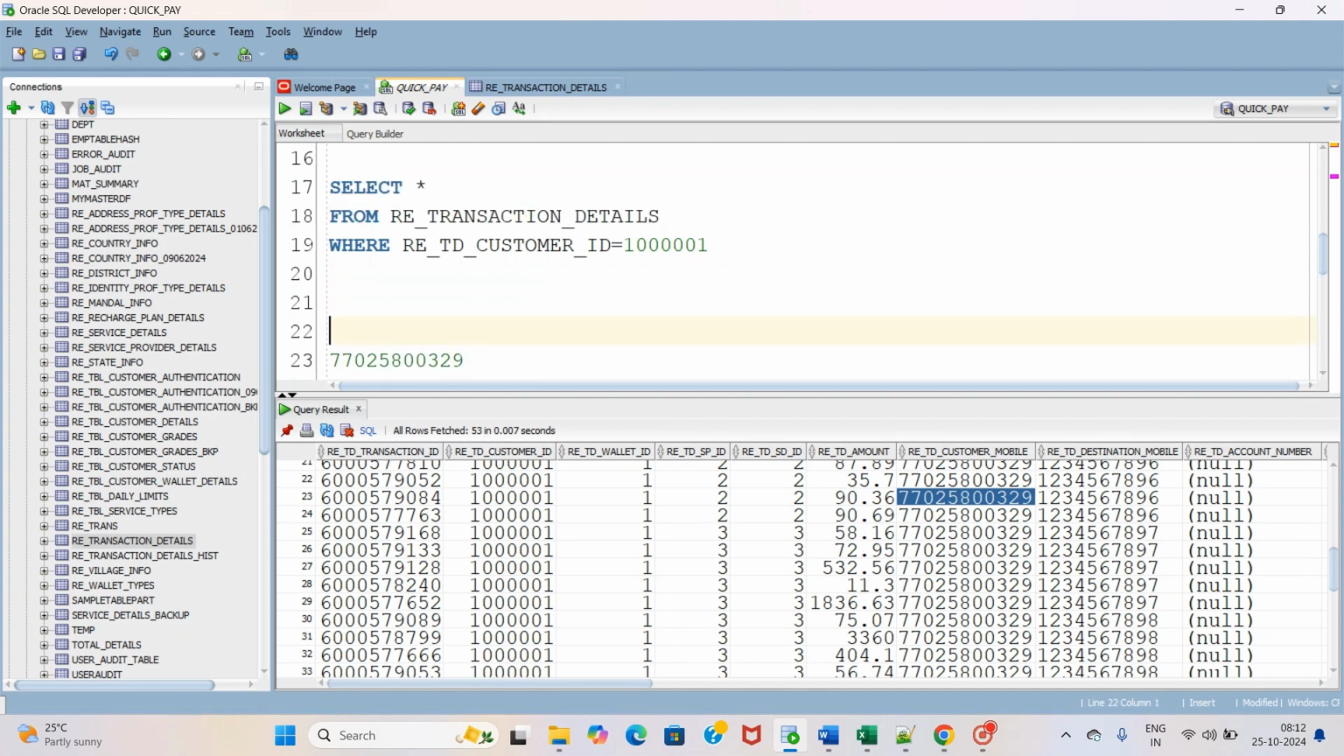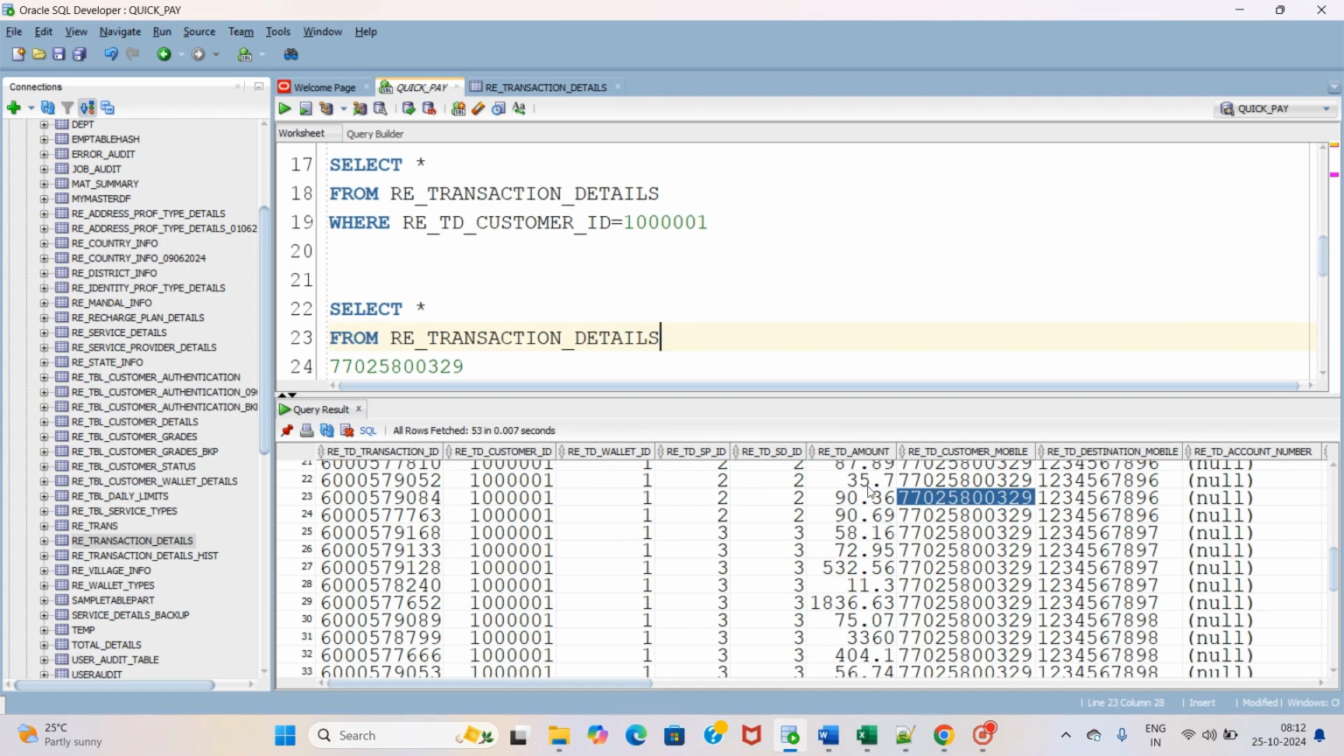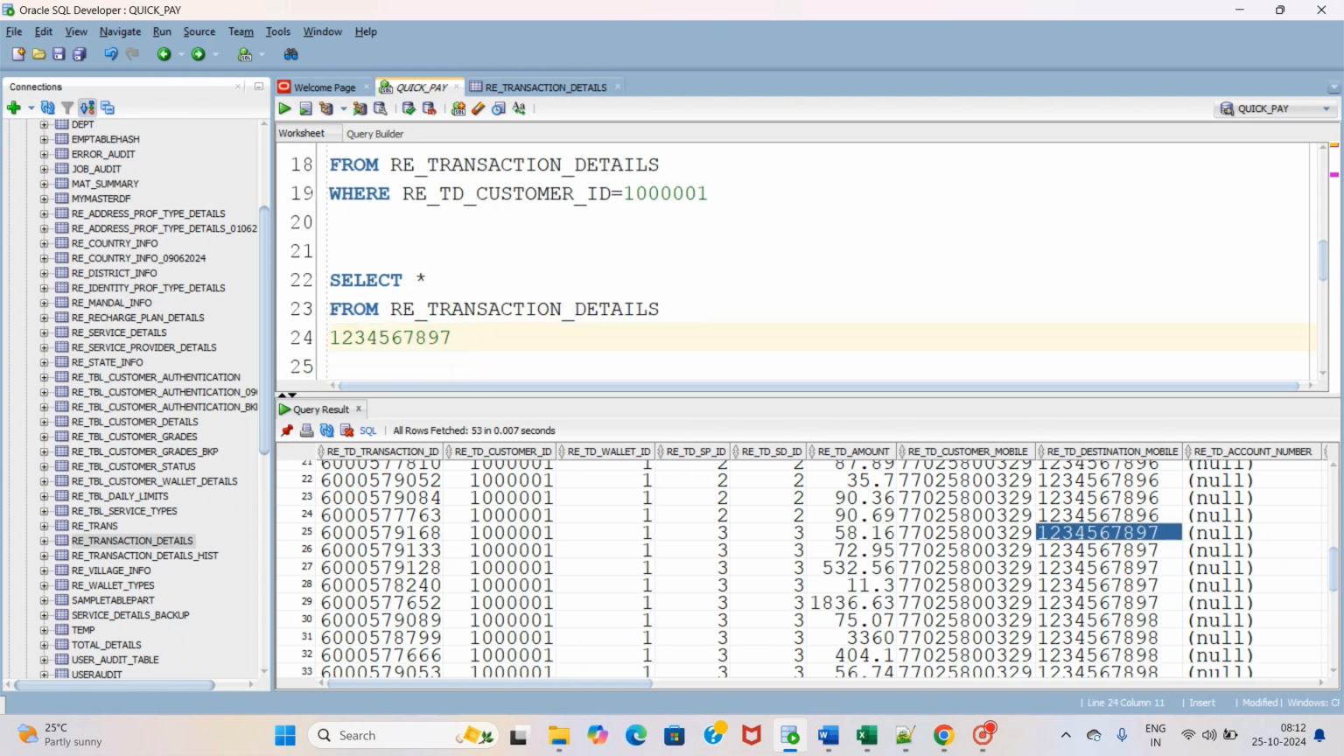Transaction details where. It is not a customer mobile number. So destination mobile number you can take as this. Okay, customer mobile number we know. Destination mobile number you can take this. Now when I use this destination mobile number, where